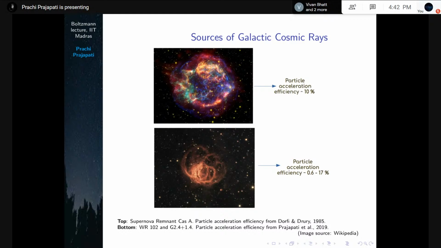But since this is only one observational study, it's always good to have more and more observations. Since these stars are rare, it's difficult to do, but the work should always be in progress to have more observations for such kinds of stars.